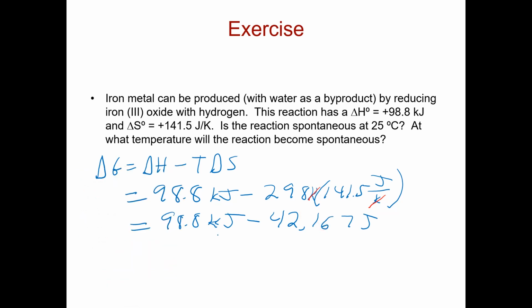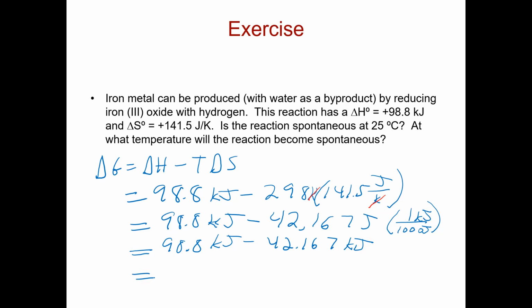But as I mentioned earlier, we have delta H in kilojoules and delta S in joules. So we need to convert one of them. So I'm going to go ahead and convert delta S to kilojoules so that delta G will be in kilojoules. So if I divide 42,167 by 1,000, I have 98.8 kilojoules, minus 42.167 kilojoules. So if I subtract that, I get